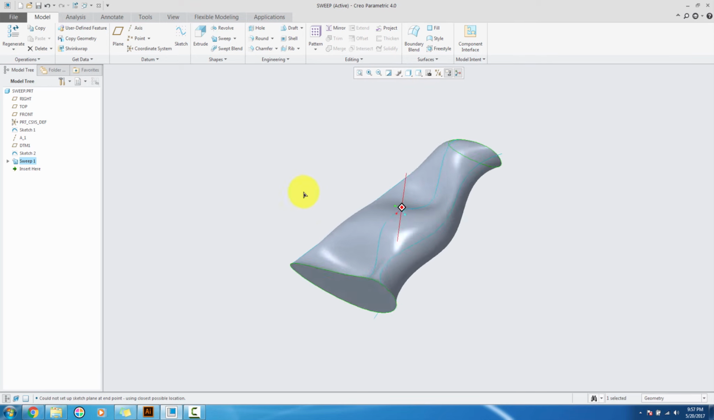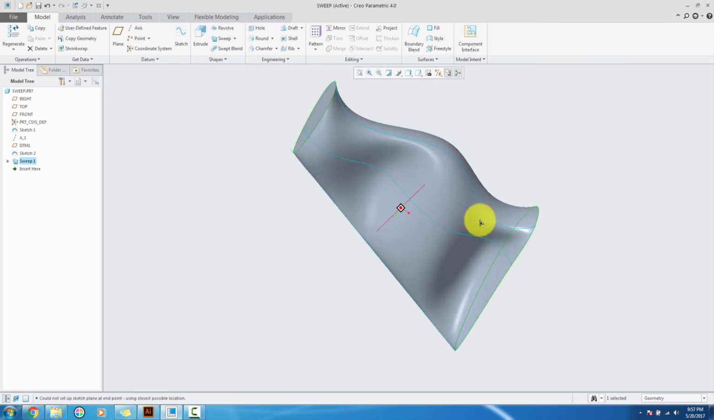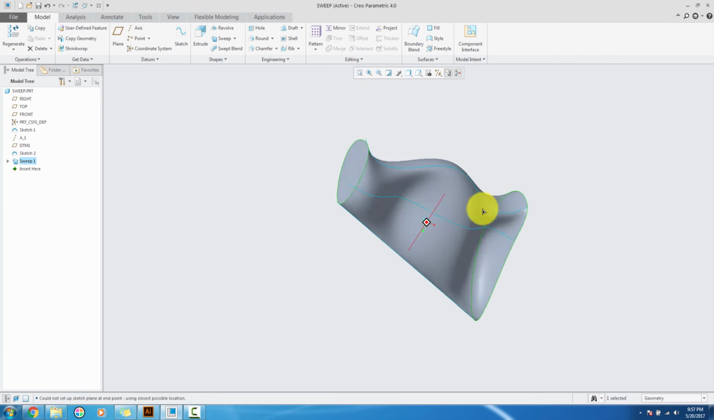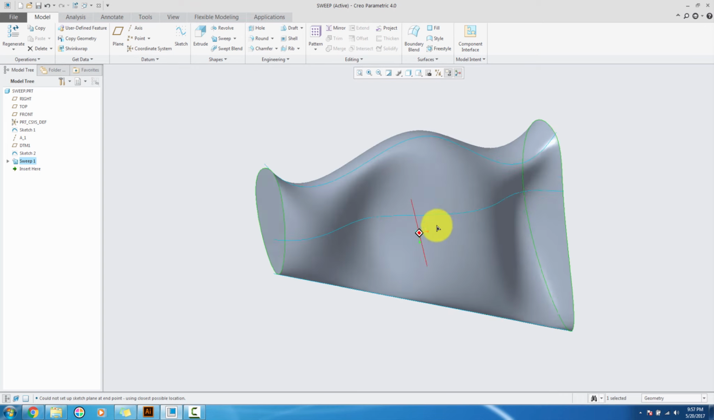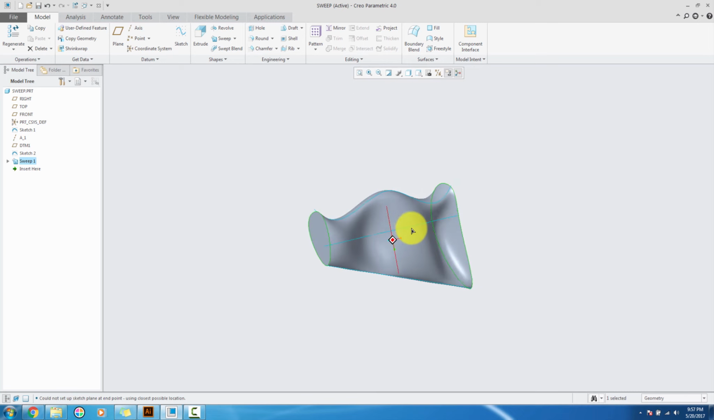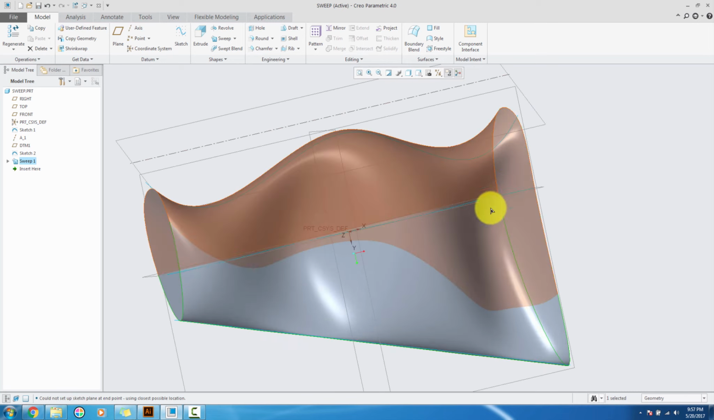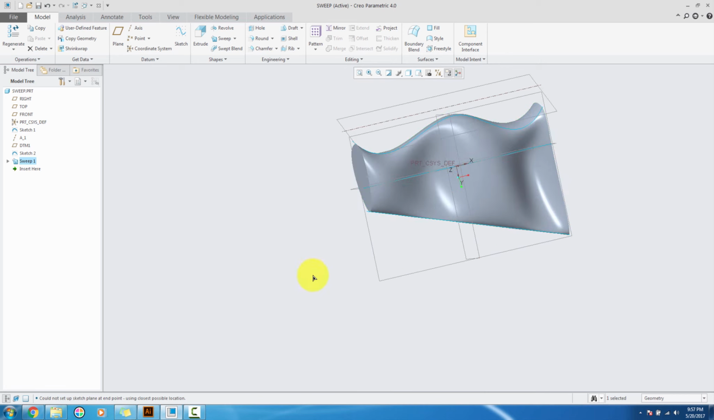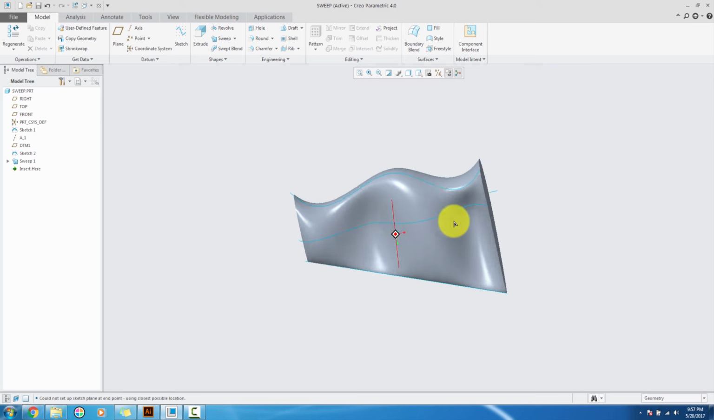So using the sweep command we can create complex shapes like this one, or other complex shapes. We can use equations to create very accurately the geometrical shapes that we want, like a spring or any other helical spring, or other spherical or parabolic